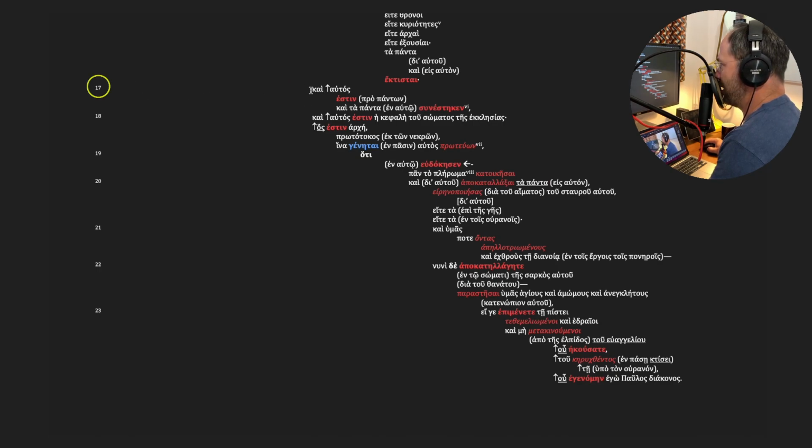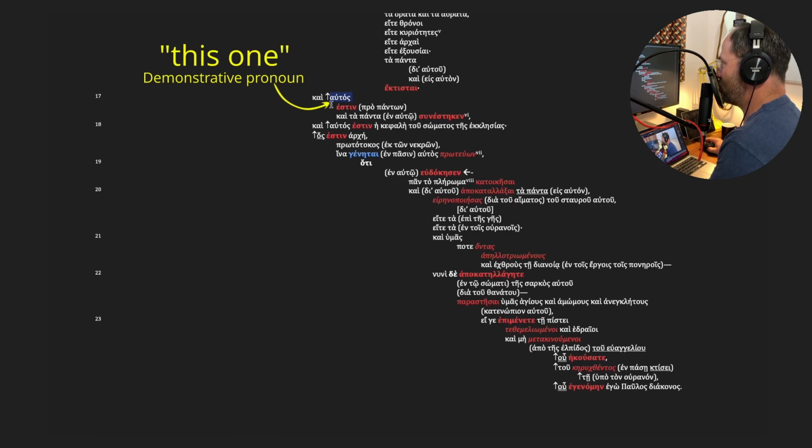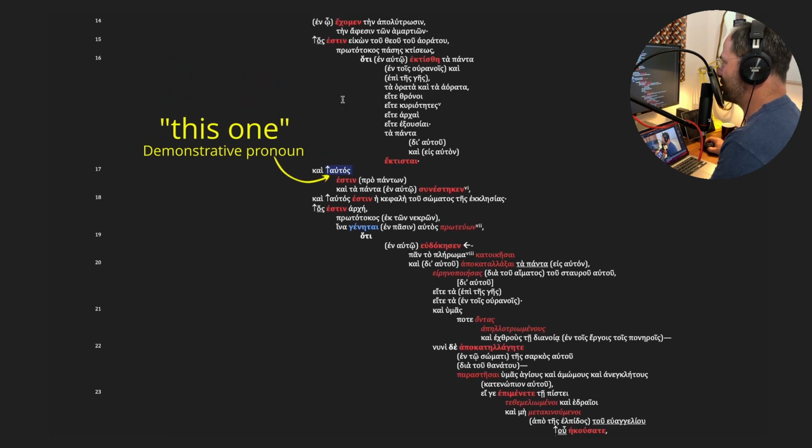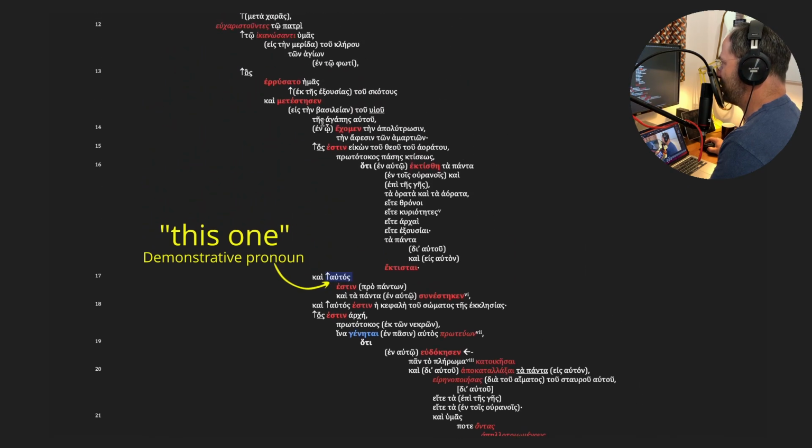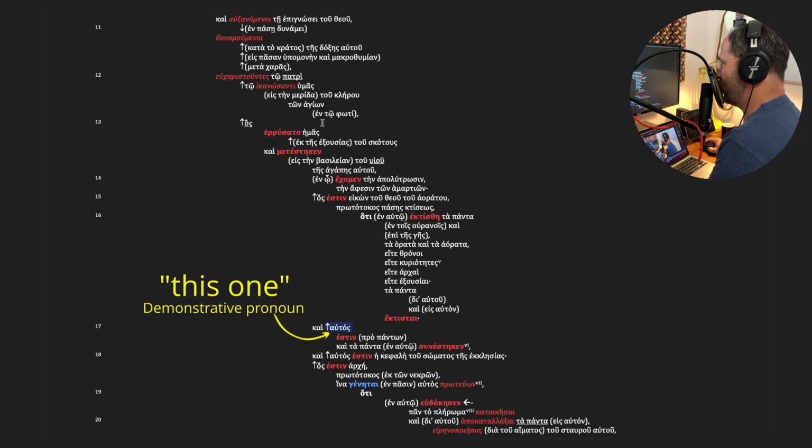And it all has to do with this demonstrative pronoun here, this. This one is really what that is translated to say. This one. That's why I've got the arrow pointing upwards, because we ask ourselves the question, which is the this one? And that takes us back to our previous syntaxing, which we did in